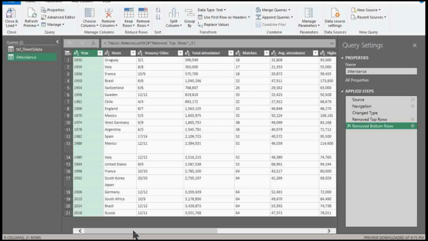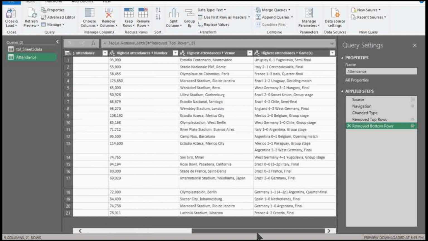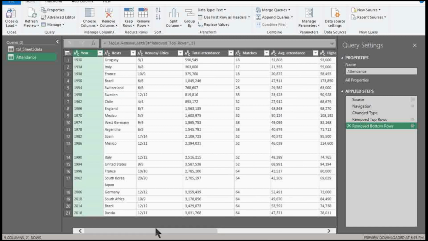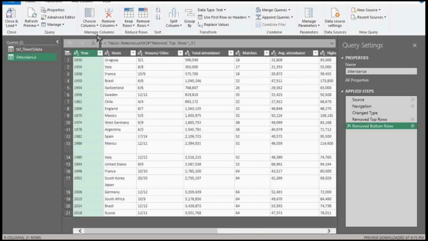Let me look at the columns one more time. And this is where we could rename ahead of time. Whether we do it now or once it loads, it doesn't really matter, but it might be better to save time. So you see the source, and this starts with the source and then follows each of the steps we did to clean it up. So if I go to close and load,